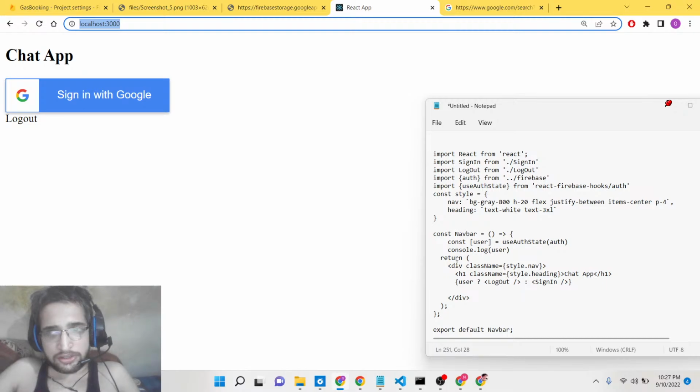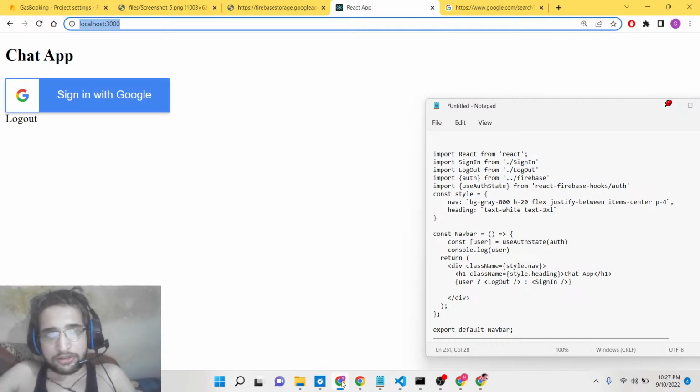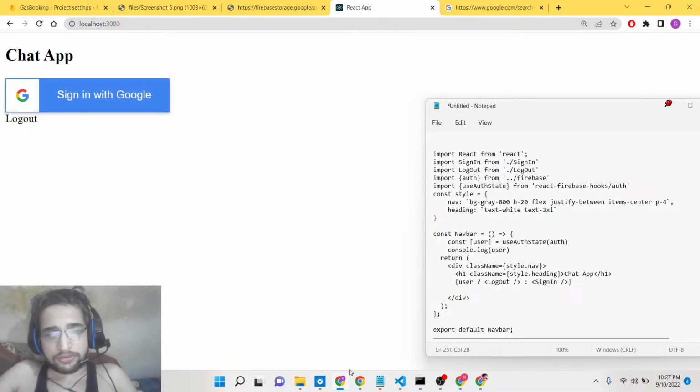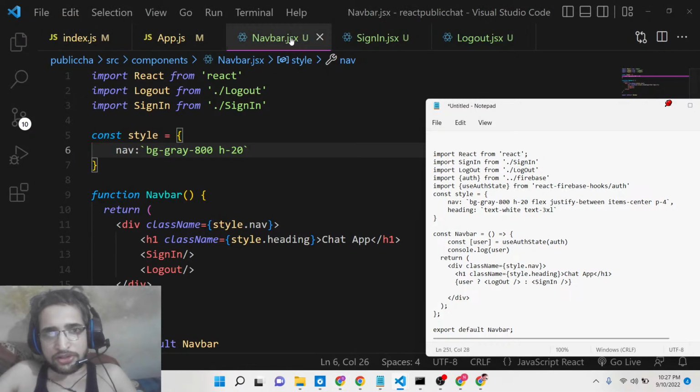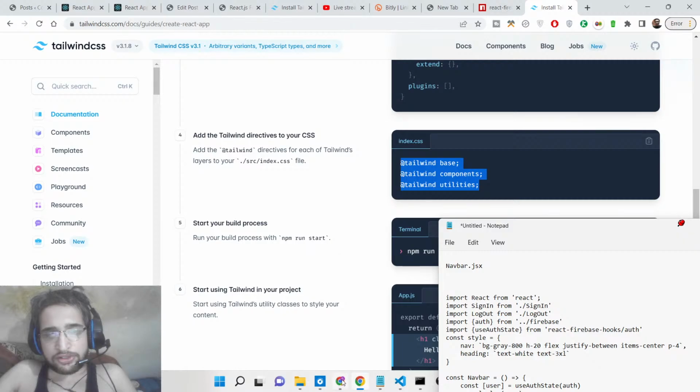so I think style.nav, and also I need to put the height also, guys, that I forgot. So height will be of 20. So that's why now you will see, so this is, I think, in navbar we are writing the styles here. We need to say flex, justify, between, items, center, padding 4. And if you now refresh it,